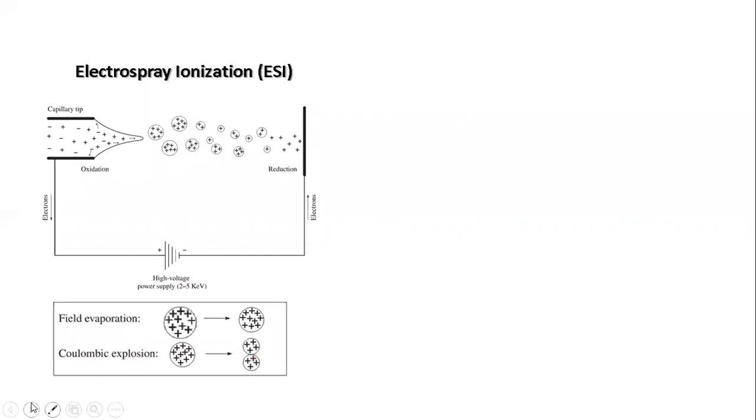So that is the process we looked into, the electrospray ionization technique. Remember, this technique can be utilized for all types of molecules, because whether it is bigger or smaller, you can make it into a solution, and if you are making a solution, you can do the process. So this is not a big problem.